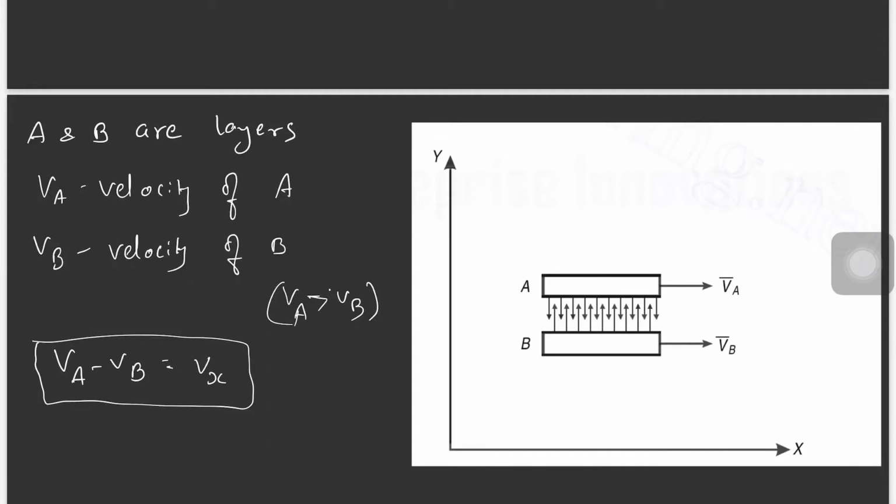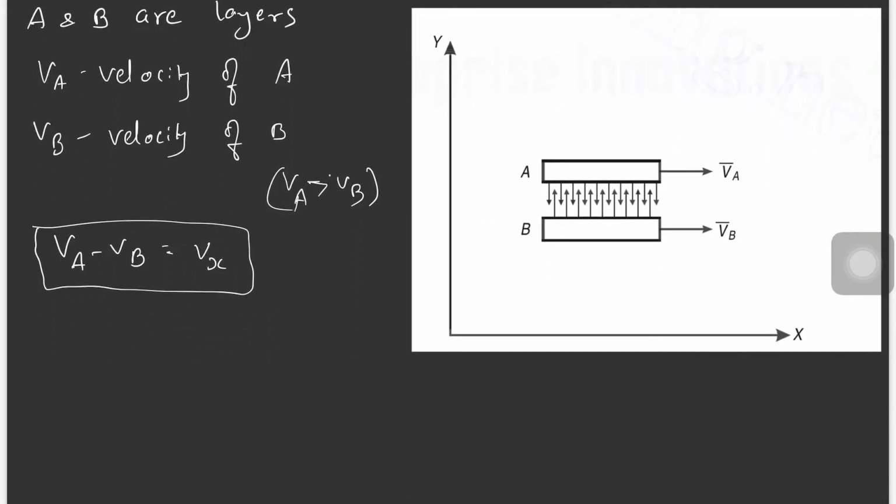Okay. Now since there will be a lot of mixing of fluids, there are layers, there will be lots and lots of mixing of layers. There will be like this, there will be like this. In turbulent flow there will be lots of mixing. So if particles are mixing in every other direction, there will be a certain component of velocity in the y direction also. So we will take that as Vy, the vertical component, whereas Vx is the horizontal component.